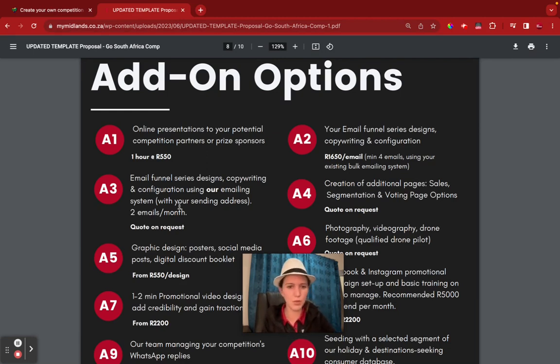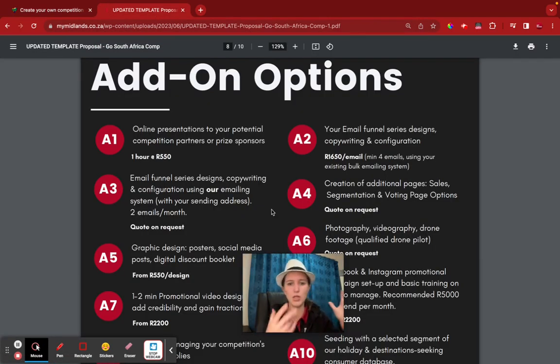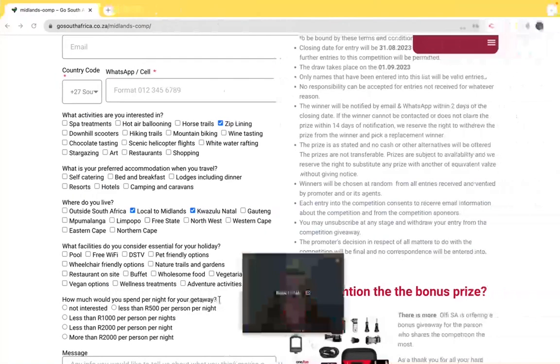And the other thing that's important to know is that we can also set it up with an email of your choice. So, you can even start a new email called competition at your establishment name, or have it run through your actual reservations at establishment name, or if it's an area thing, house it at My Midlands, because My Midlands is a directory of different places in the Midlands. We can do it on whatever email address, and we can even set you up with an email address with Go South Africa. So you can have your establishment name or your competition name at gosouthafrica.co.za, and then we can orchestrate all of the email funnels according to the interest that people have.